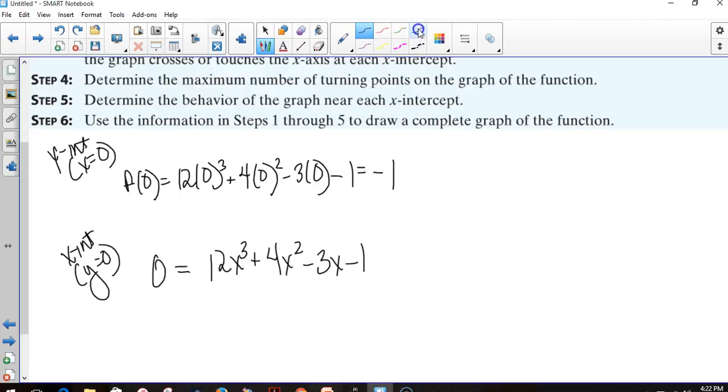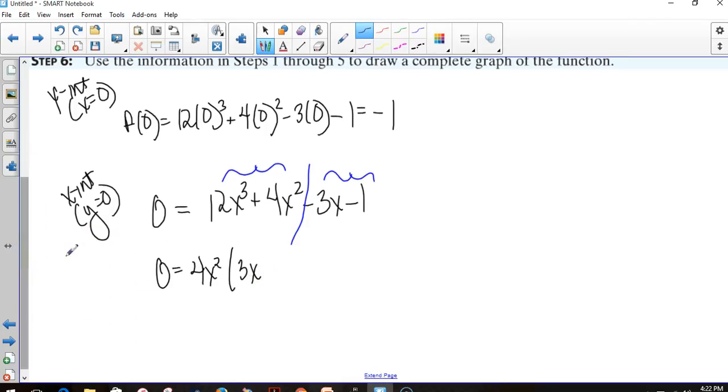And this actually works out pretty nicely. If I split these so that I look at the first 2 terms and then the back 2 terms, the front 2 terms have a greatest common factor of 4x squared. So I'm going to factor out a 4x squared. 4x squared times 3x will give me back the 12x cubed, times a positive 1 will give me the 4x squared. If I factor a negative 1 out from the back 2, times a 3x will give me the negative 3x, times a positive 1 will give me a negative 1,